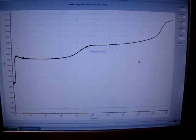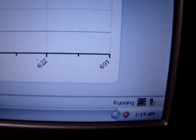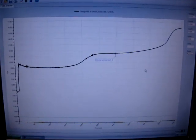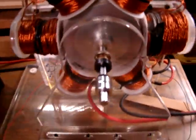This is the curve. It took almost 12 hours, 11:30, and that's the curve of the charging. The 6 coil running,